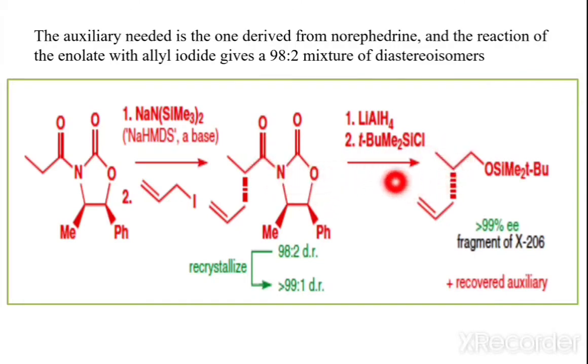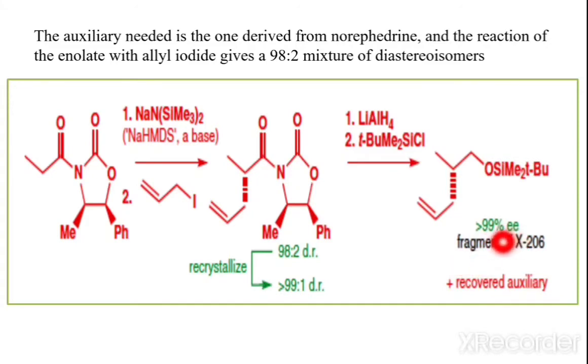In the next step there is protection of this alcohol by using tert-butyldimethylsilyl chloride, and we know that tert-butyldimethylsilyl chloride is the best for the protection of the alcohol. Therefore this is a simultaneous mechanism, that means the removal of chiral auxiliaries and again there is reduction, we get the alcohol, and here protection, and we get the